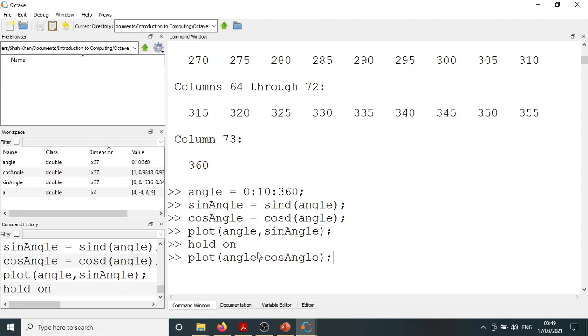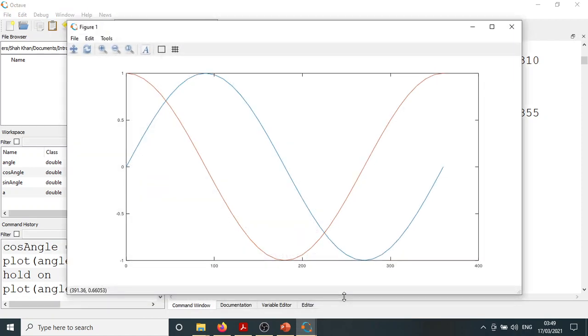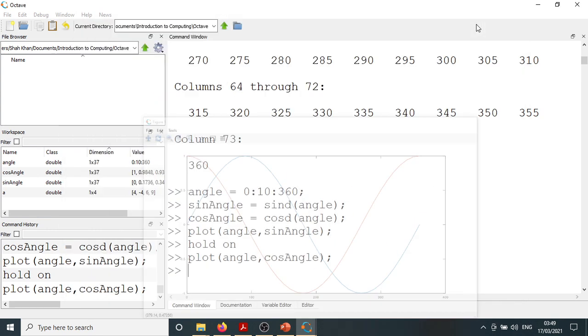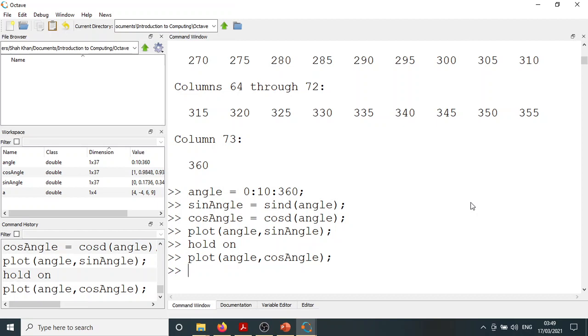Cos as well. Okay, so now we have the sine and cos curves both side by side. Okay,